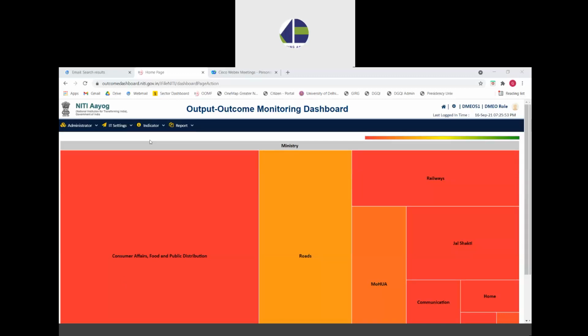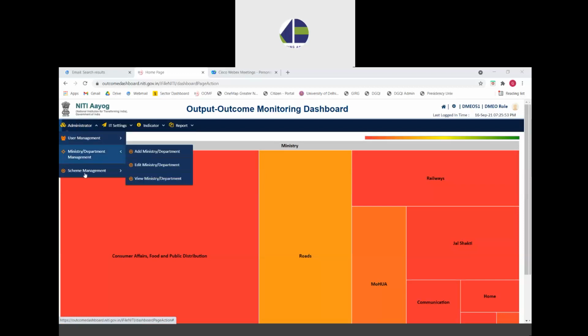To add or edit an existing scheme on the dashboard, the user can go through the administrator module, select the scheme management module, which allows the users to take up three kinds of activities: add or edit any scheme, generate new budget template, that is carry forward any particular scheme for the next financial year, and view the details of the schemes in general. However, it is important to note that this module is only available for DMO user roles, and therefore the ministry roles may not be able to see these options.